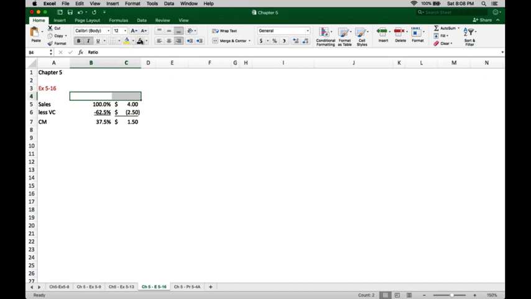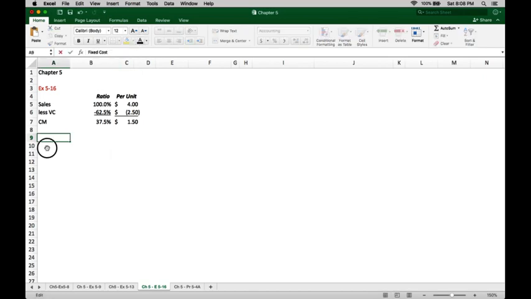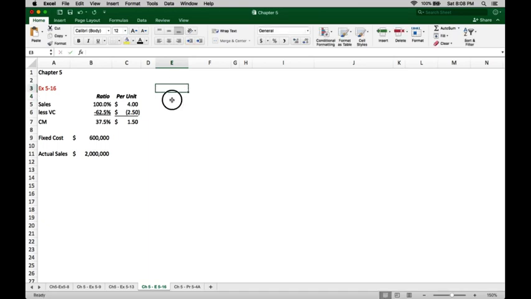So what we have over here is the information as a ratio and per unit, which is what we need for solving our problem for break-even analysis. But we also need the information relating to fixed cost. Information given to me as fixed cost is $600,000. And for part C, they've told me that my actual sales is $2 million. We'll use that later on in part C. So let's start out with